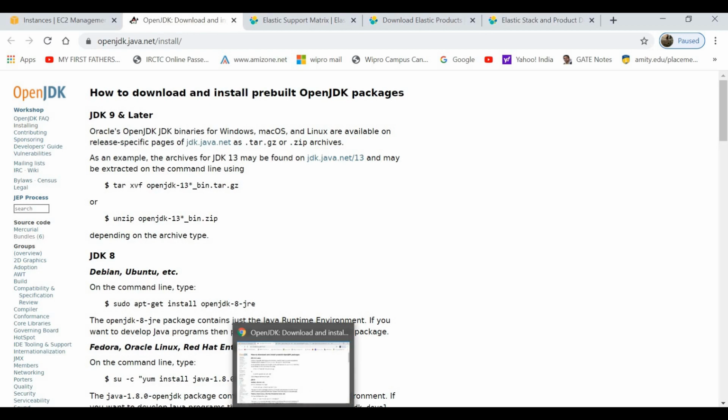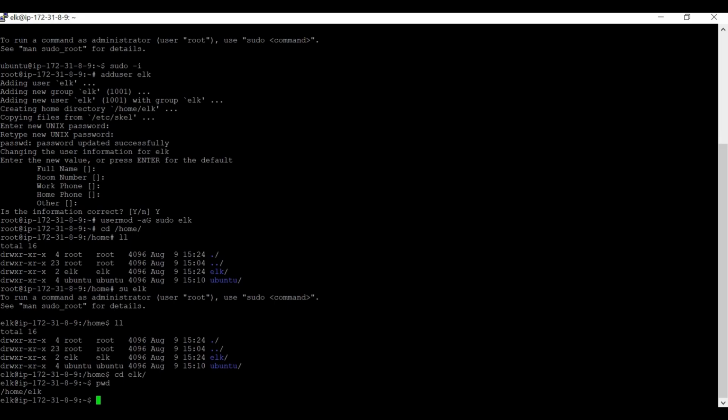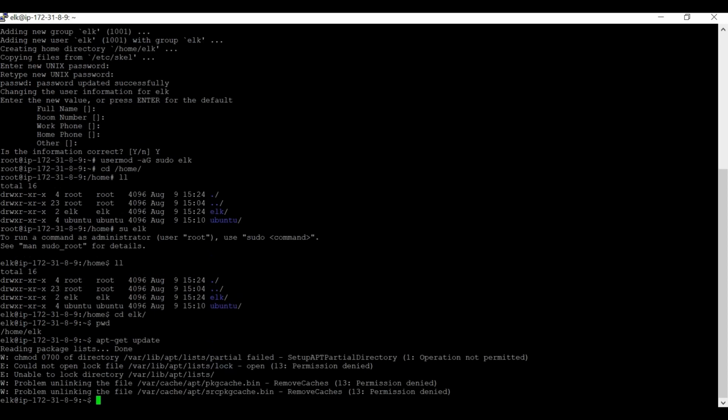I'm using 1.8, so I have mapped all my installation settings according to this one. This is my command: sudo apt-get install openjdk-8-jre. Before that, let me update apt-get.